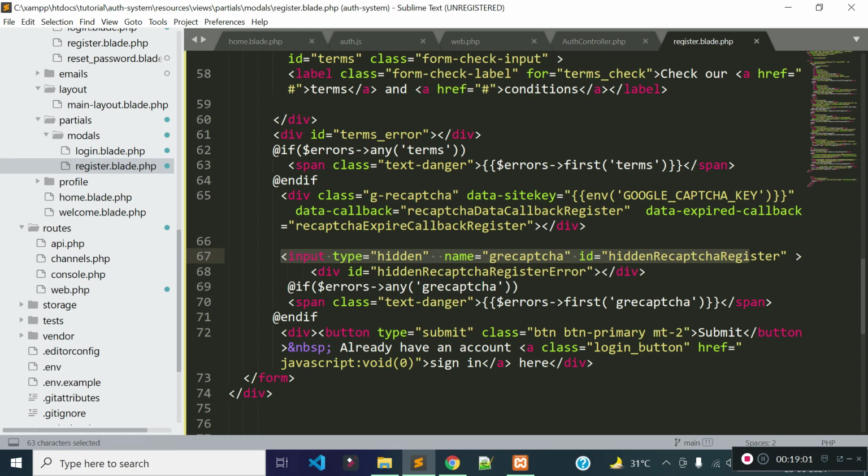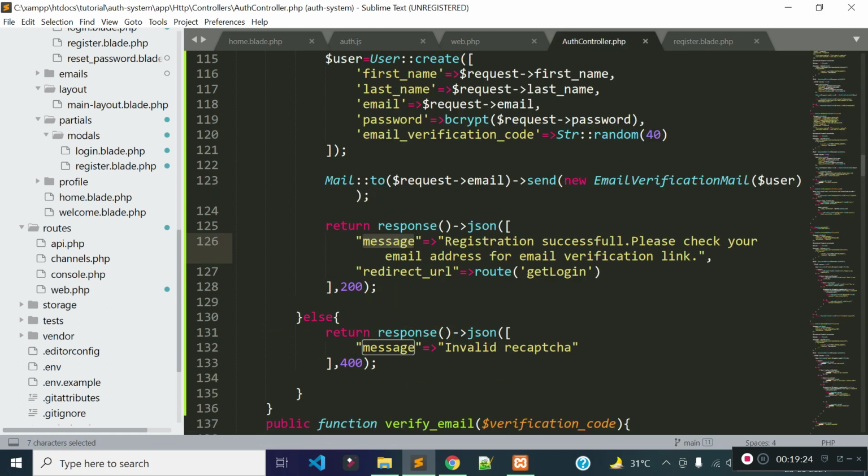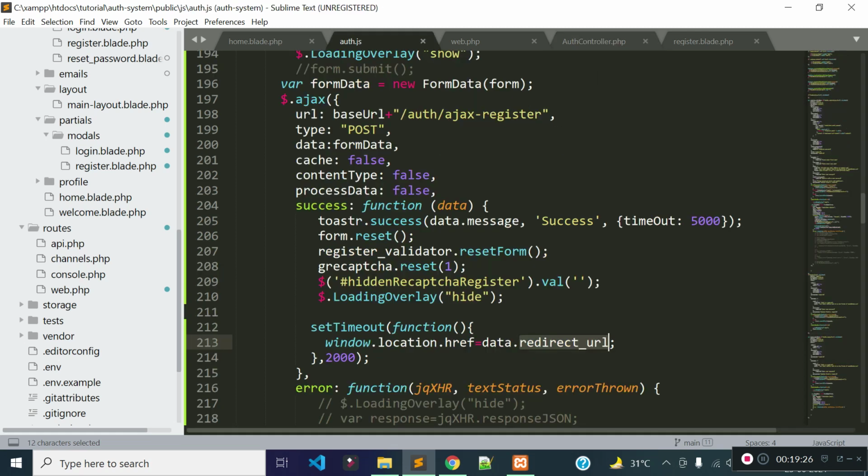Okay, so I'll clear the value from this input field, and I will also hide the overlay loader, and after some time, after 2 seconds or 1 second, whatever you want, I'll return the user to the redirect URL. Whatever URL we are returning from the server, I'll redirect the user to it after 2 seconds.